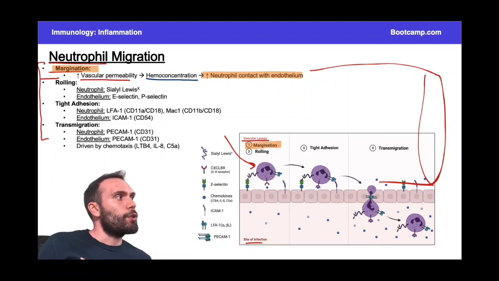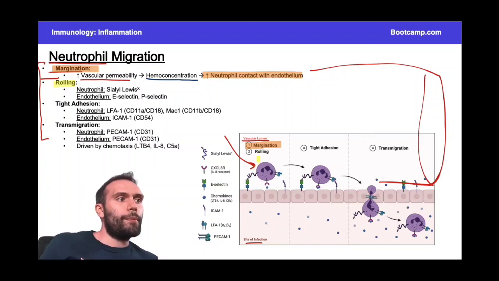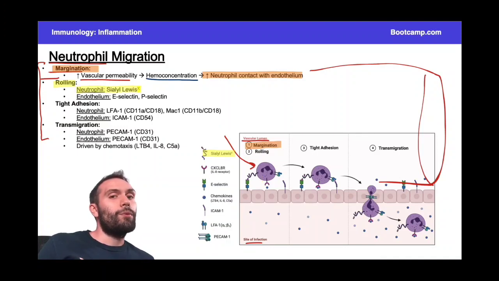So going into that, the next one here is rolling. So what's rolling? Rolling is, eventually this neutrophil might get pretty close to the endothelium here. And what's going to happen is it's got Sialyl-Lewis X, which is a protein that's on the neutrophil. Now, it's important that I wrote it this way, that you know what's on the neutrophil and what's on the endothelium. You don't have to go into an extremely large amount of detail on this. Just know that this is going to be on the neutrophil. And as the neutrophil gets close to the surface of this endothelium, it's going to use that Sialyl-Lewis X to transiently bind to some of the proteins here, particularly the E-selectins and the